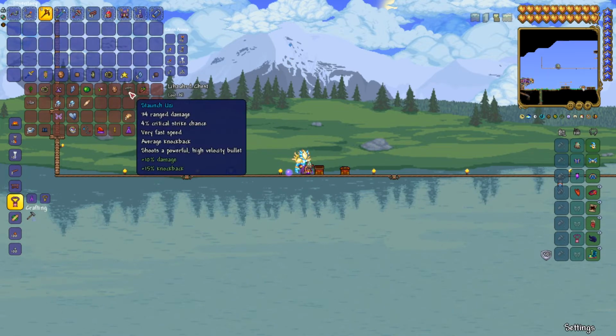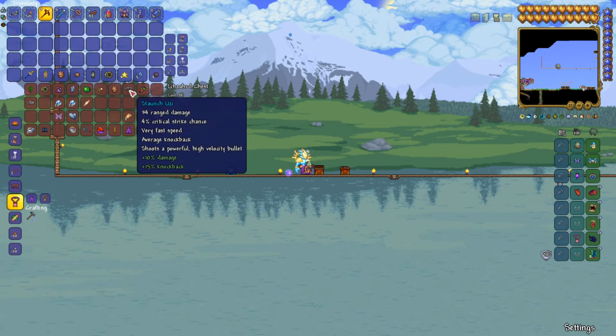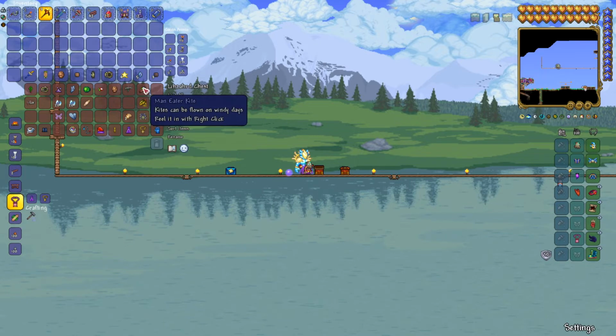Got it? Good. The Uzi. It's just an Uzi for you. Mine's staunchy. What can I say? It's a little staunchy. You get it from the Angry Trappers. You have a 1% chance for it to drop. So you kill a bunch of them, maybe it'll drop. Again, it all depends on the RNG. As far as the kites go,